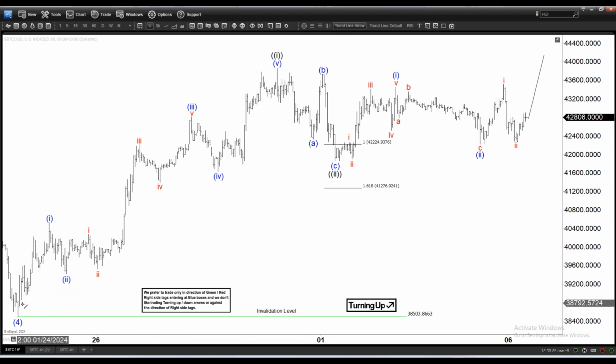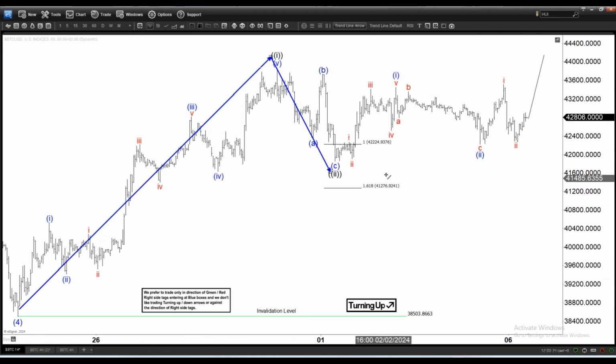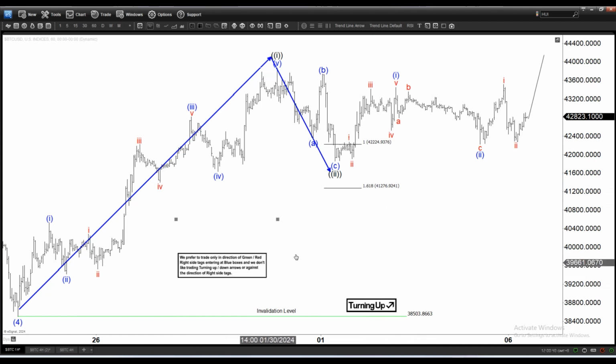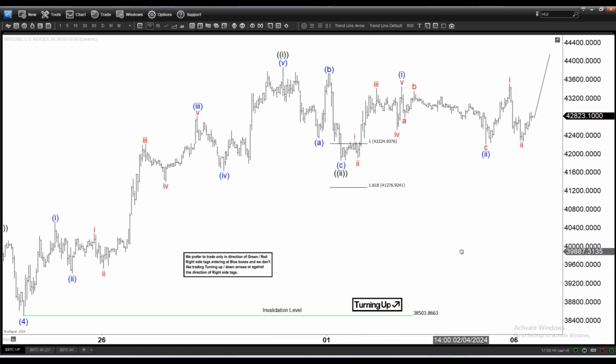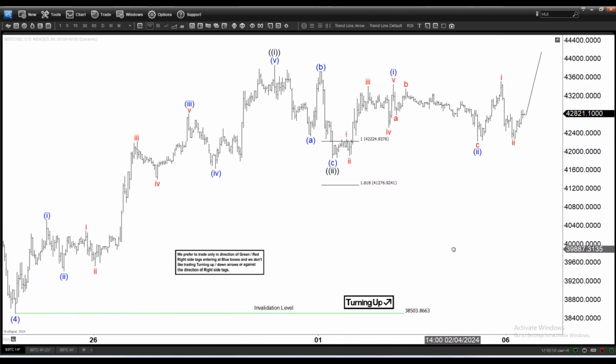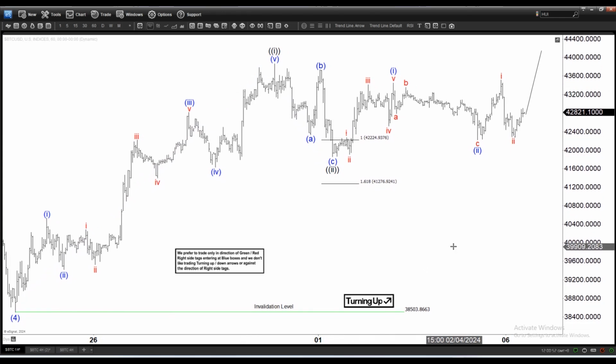So we have ended with 1 here, and this is your wave 2, right? And now we are looking for the upside. So you can see the arrow is turning up. That means we technically do not have a bullish sequence, and I will explain what that means. Basically, when the arrow is not green, there is still no bullish sequence, and therefore there is always a possibility of a double correction.